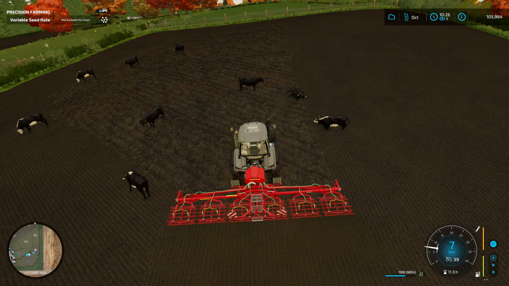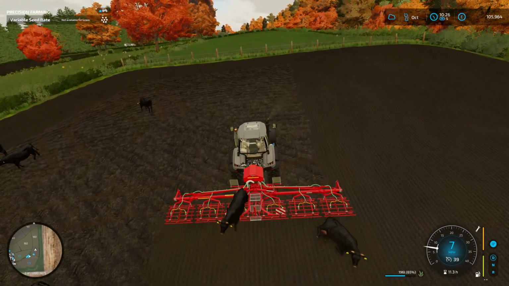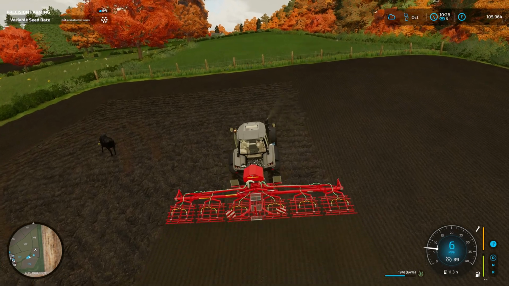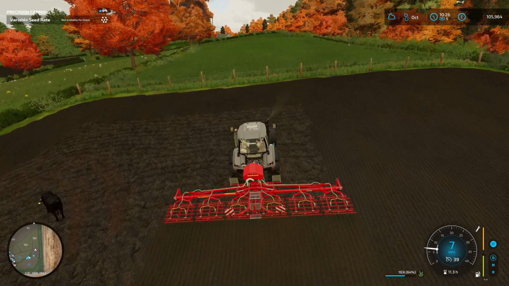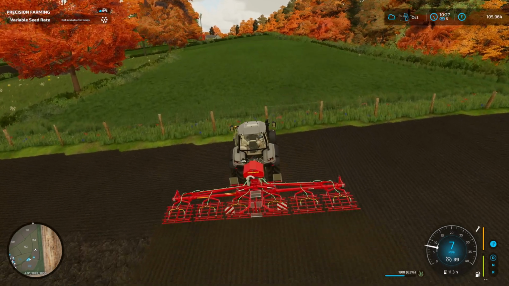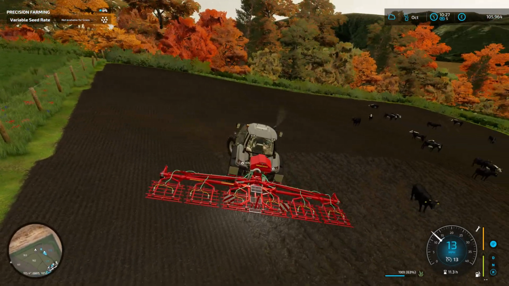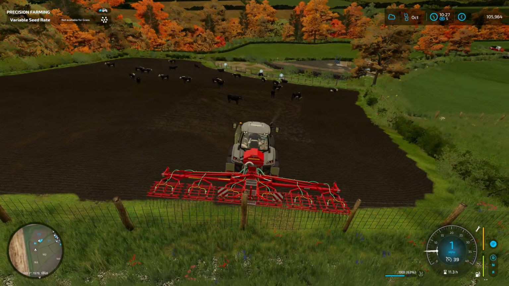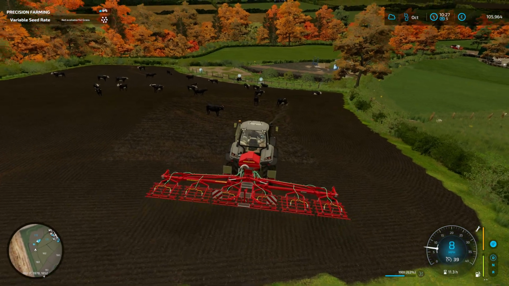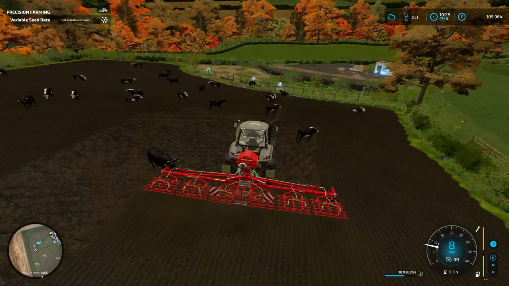Let's go up here. We'd be better going across, but for the width of this, we've nearly done it now. Couple more passes and we'll be done. Yeah, this is definitely going to make a huge difference to the grass that these cows get fed via the grazing mod. It's at least twice as much, so...